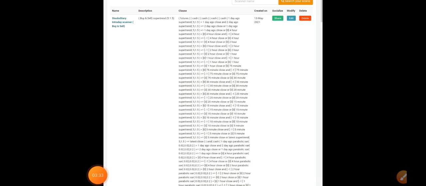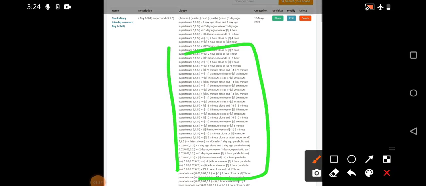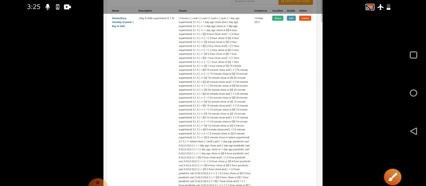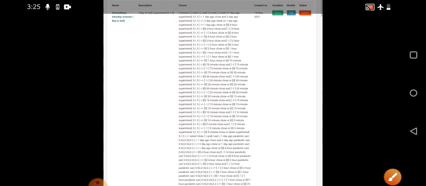Let me show you the overview of the screener. This is the screener. You can see how many inputs are present. Not 3, 4, 5, so many inputs are present. With a lot of research and analysis only, I'm trying to present it, so watch it very carefully. I'm not going to explain each and everything. I would just directly provide you the screener, and you can directly go and run it. I'll show you the basic elements involved in it, so that you will also have a complete idea.